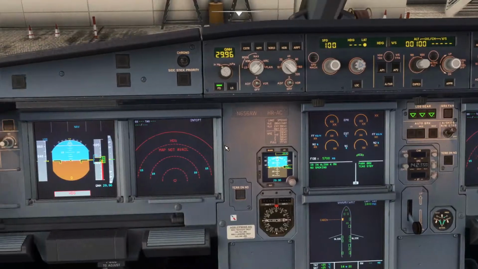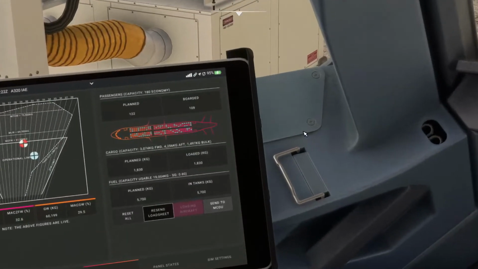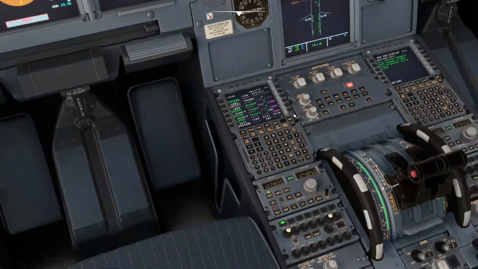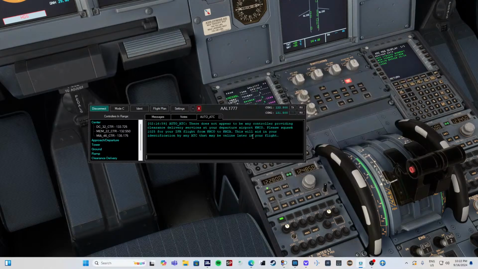4 minutes to align. Fuel's on board. I think we're just waiting for the passengers now. We're taking 122 people down to South Beach today. Let's also get the CTAF, since I'm going to need to talk on CTAF. So how you do that is you simply touch in .CTAF KMCO